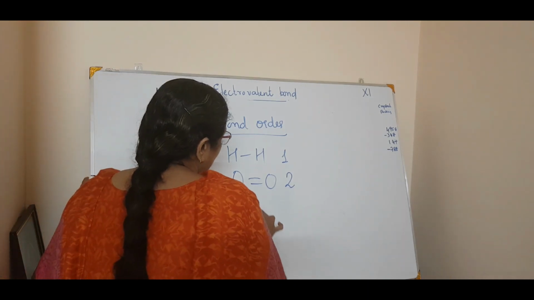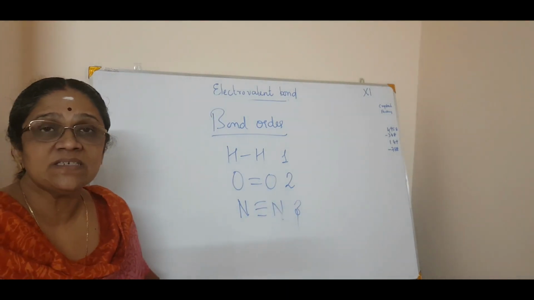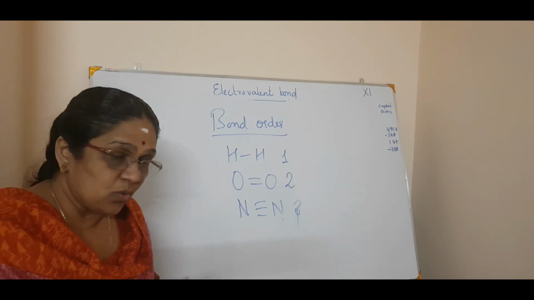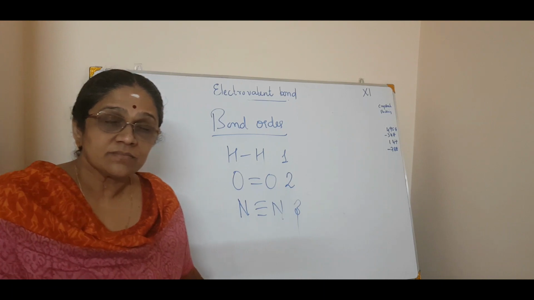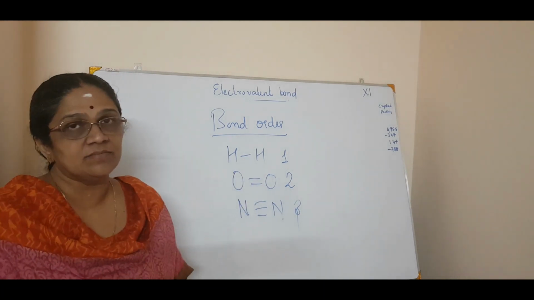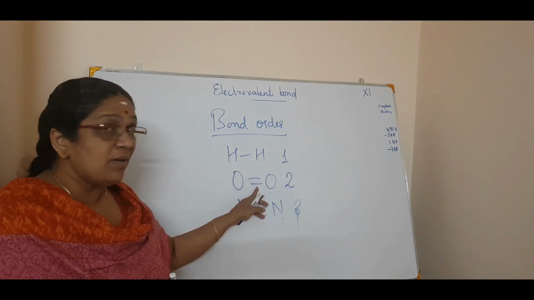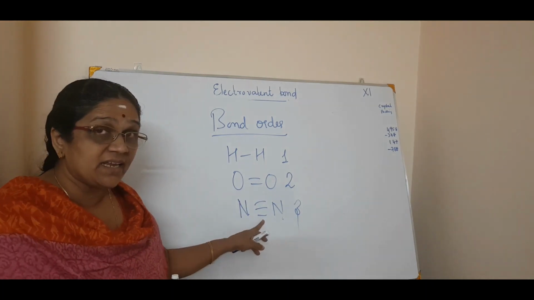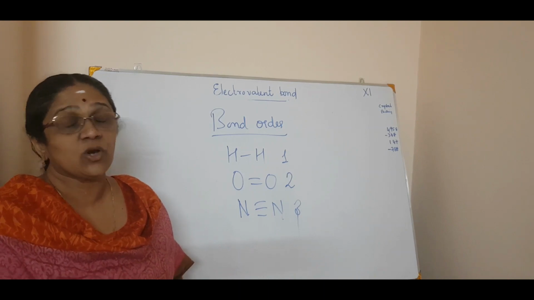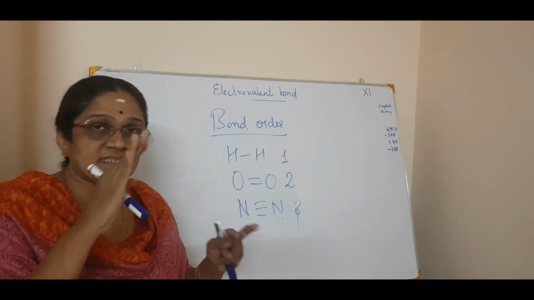For example, nitrogen-nitrogen. What is the bond order? 3. That means 3 bonds are there. Okay. So from this you can say that as the bond order increases, the bond length decreases. How do you know bond length decreases? In a double bond the bond length decreases, and decreases again if it is a triple bond. So as the number of bonds increases, the